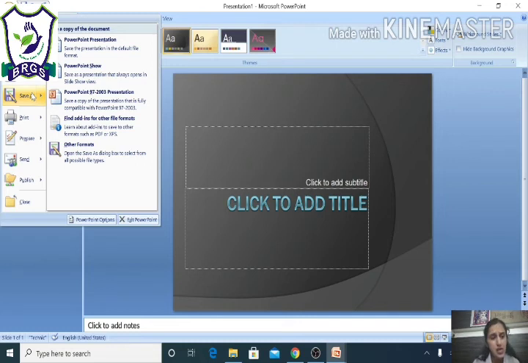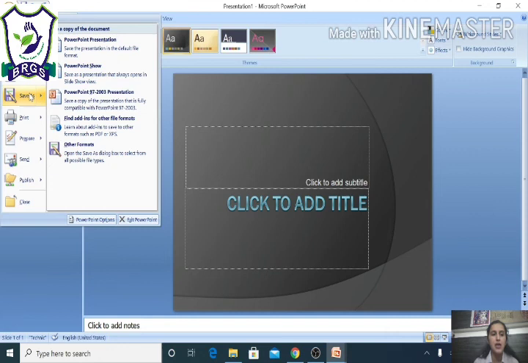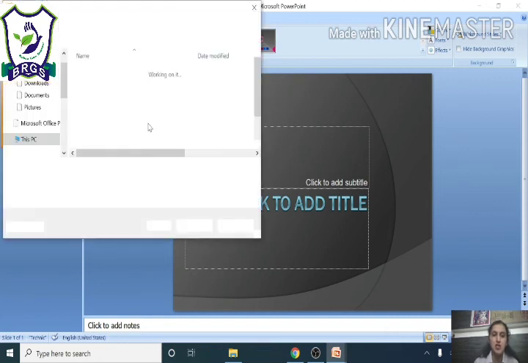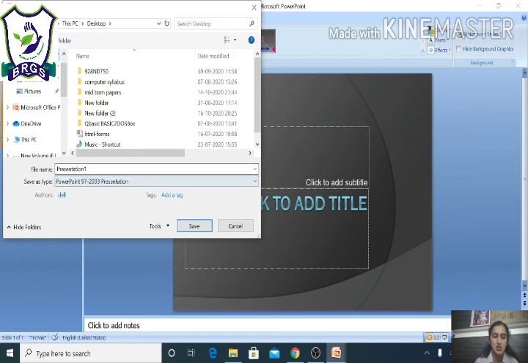You can see, as you know how to save your document, it is already clear to you, but in this we have one thing more, how to save your presentation using a password. As we have done in MS Word also, how to save your presentation. Suppose I have given my presentation name as presentation 1. Fine. Now what will happen, I have to go to tools.